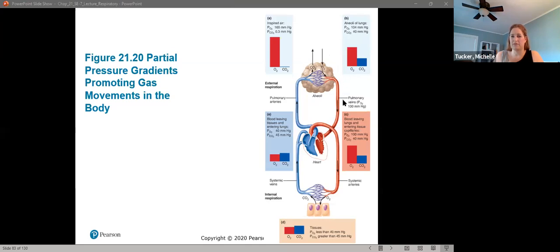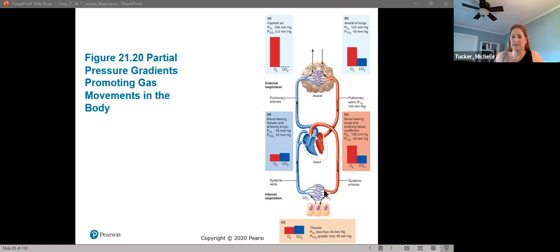So then it's going to travel through the system, and it drops a little bit here at 100 because of a decoupling in ventilation and perfusion and an alveoli not being available. So don't worry about that too much, but roughly the same levels that are at the alveoli travel through the